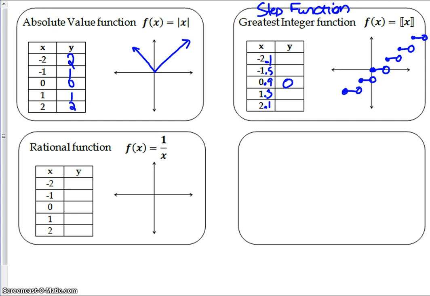Here, this would be down to 0. This would be down to -1. This would be down to -2. And this would be 1, and this is back to 2. So even if you're a little bit above that, you keep going back down to the nearest value